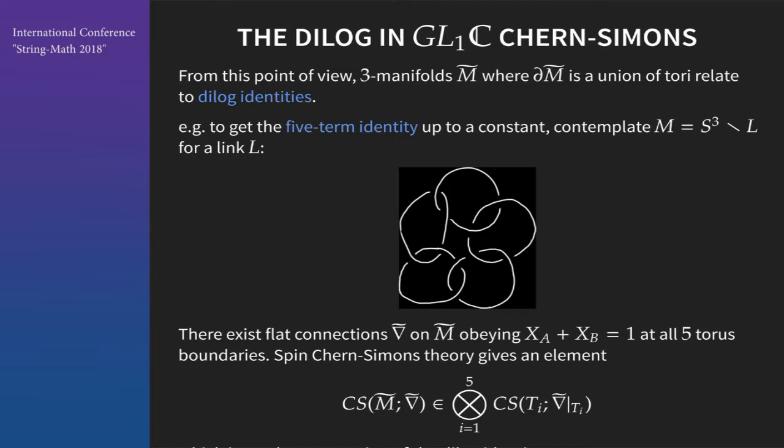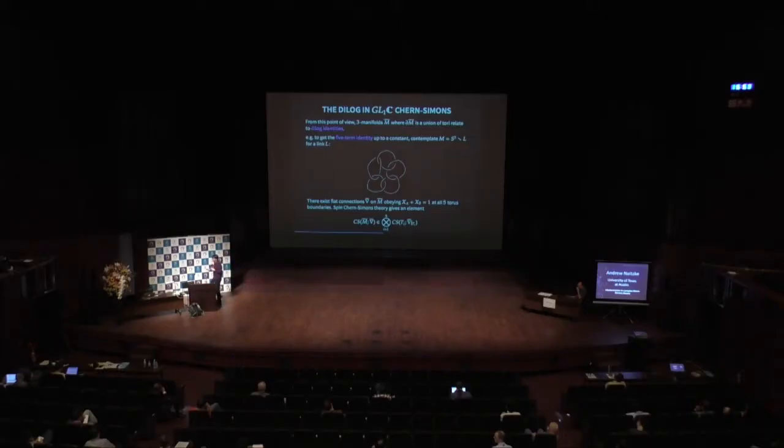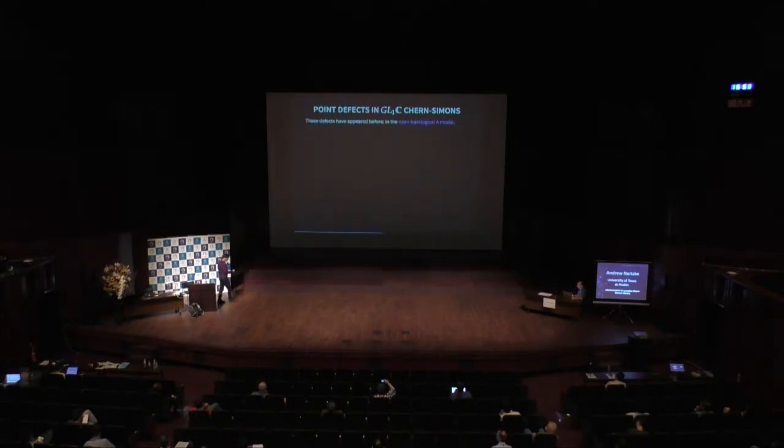And that element is kind of the abstract version of this dilogarithm identity. So just from the existence of that element, you can deduce the 5-term identity for the dilogarithm up to a constant. Okay, so I spent a lot of time now telling you about this kind of bizarre-sounding modified version of